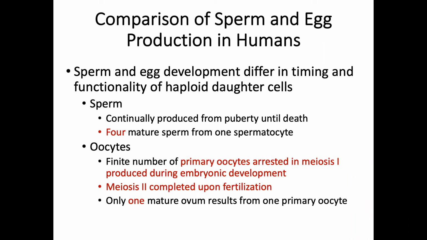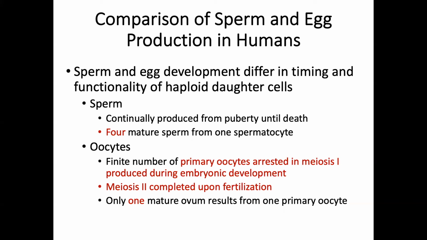Although sperm and egg are both germ cells and need to go through meiosis, spermatogenesis and oogenesis are quite different in timing and functionality of daughter cells. We will discuss this in more detail when we introduce the embryonic development chapter. Here, I would like you to remember several interesting facts, which can actually explain a lot of phenomena we observe